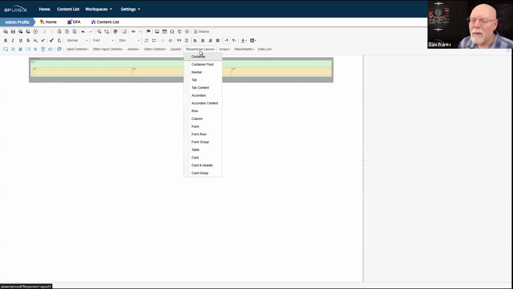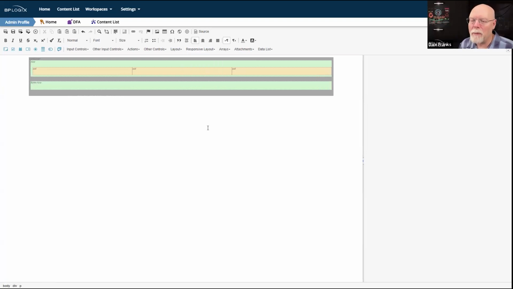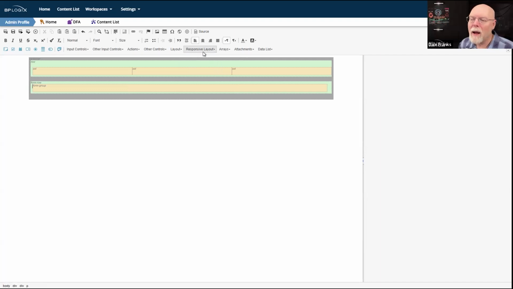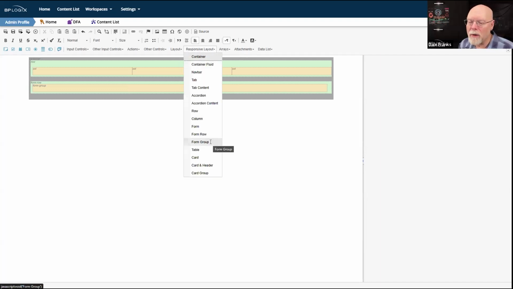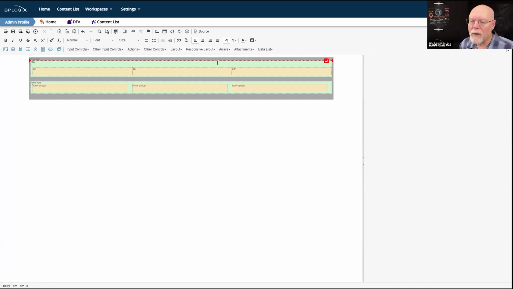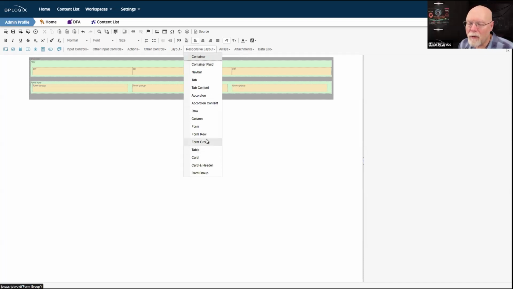And then we'll go with form row. And so here I can just go with, let's go with form group 1. Oops, I need to be there. Sorry. Responsive layout, form group 1 and form group 2 and 3 and 4.